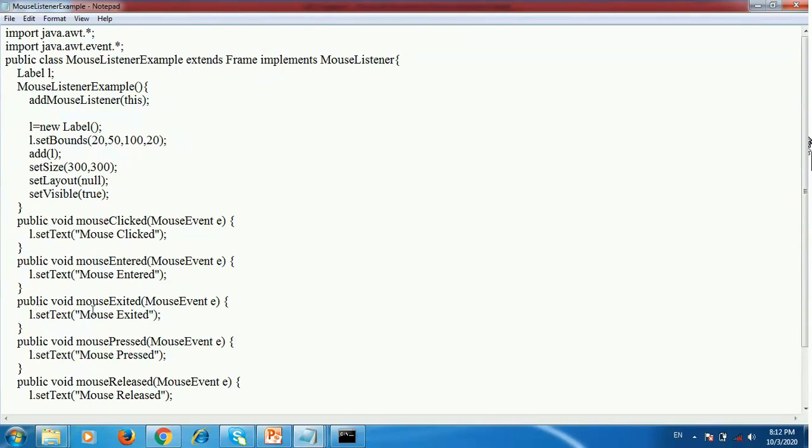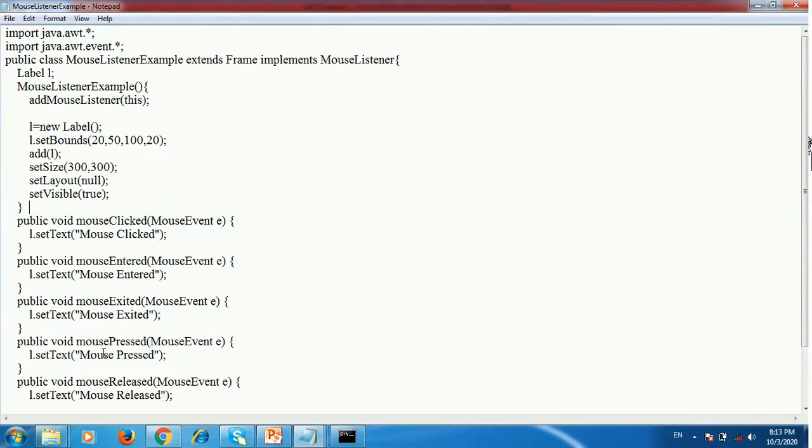Then public void mouseExited. When your mouse exits from the window, that time the mouseExited method is called. Then mousePressed. When a mouse button is pressed on a window, that time the mousePressed method is invoked. L.setText("mouse pressed").